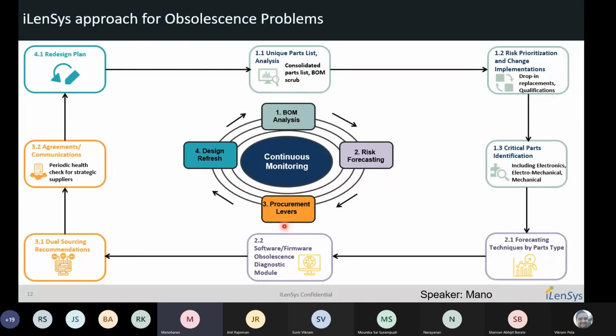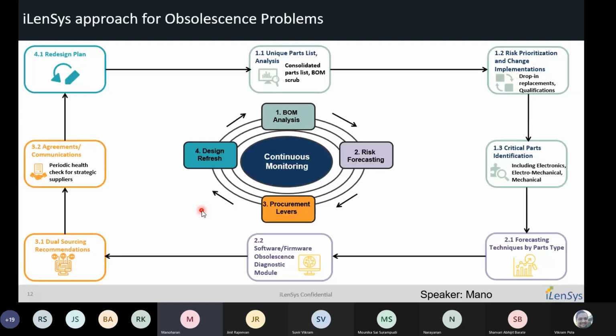So I think we looked into the brief overview on the electromechanical components, how we do it, and I could see a couple of questions. We will definitely answer that. So I will take probably another 5 minutes to quickly run through another 3 slides. So this is beyond electromechanical.